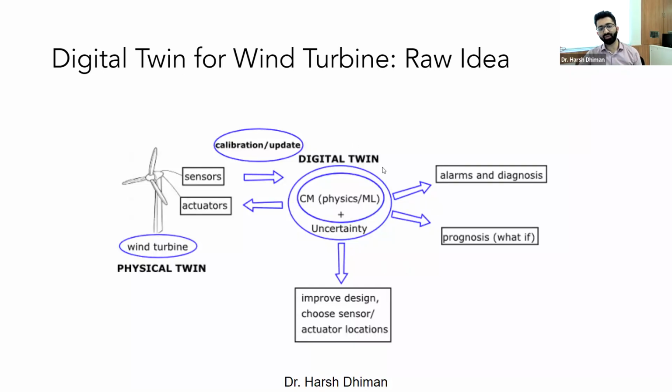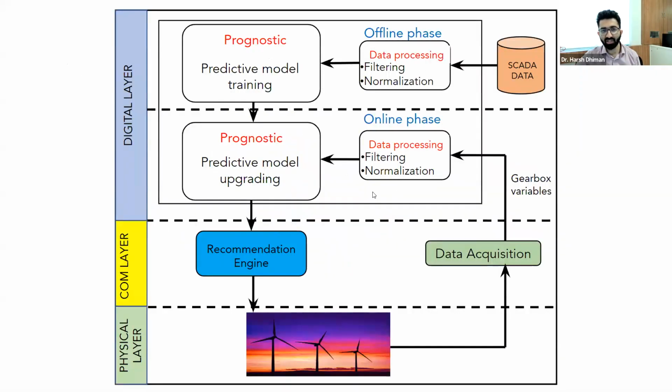Let's say you collected some data and you found that there could be a change in the design parameter of your gearbox, right? If you change the gear ratio, then probably your gearbox would run for a longer period of time. Or if you choose some more accurate sensors. Suppose you are working with an initial set of sensors and then you feel that you need more sensors to collect more efficient or reliable data, then that could be one of the inferences from the digital twin as well.